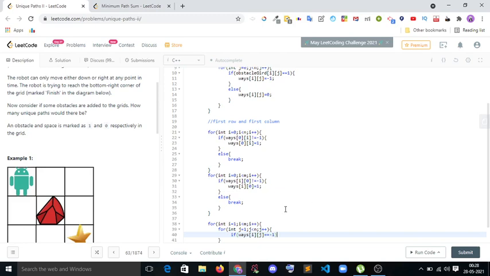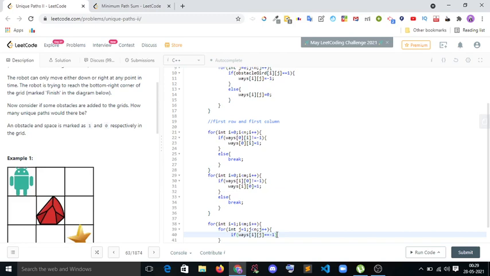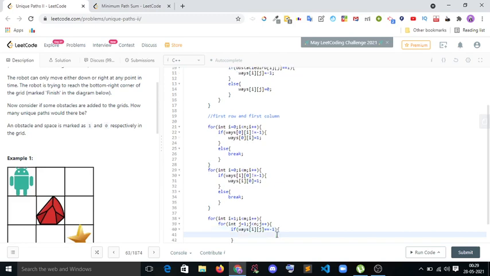If we get -1 at this point, then definitely we just continue, because I can't move from an obstacle, so we just continue to move to the next position. Okay, if so ways of i, so continue.